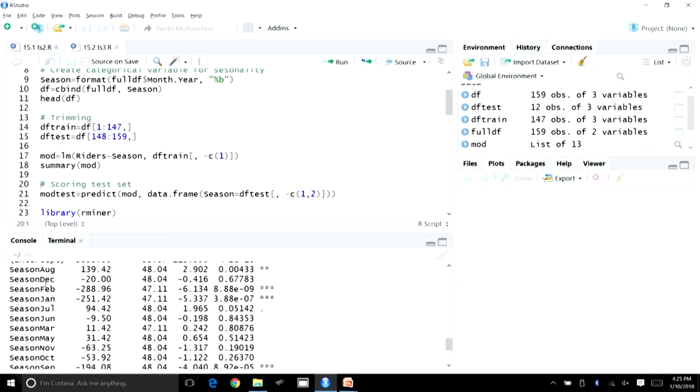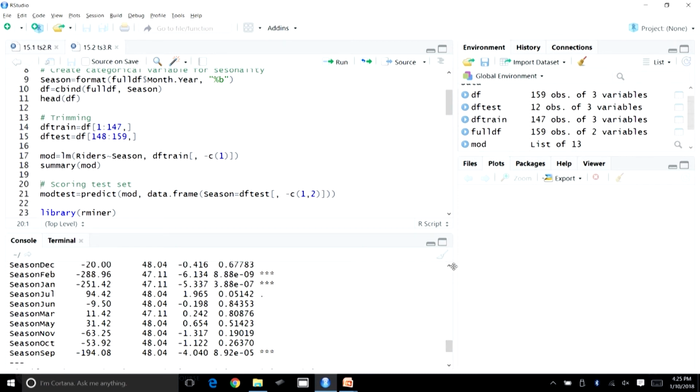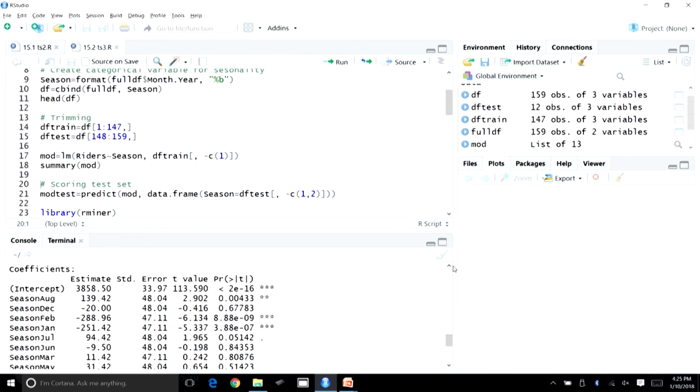So, we do not have to do it explicitly. You can see season August, season December, season Feb. In total, 11 seasons are going to be there, and one might be there for the reference.